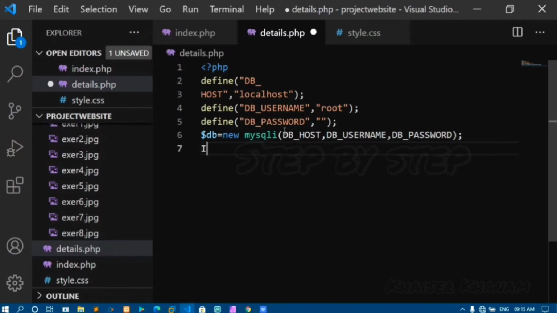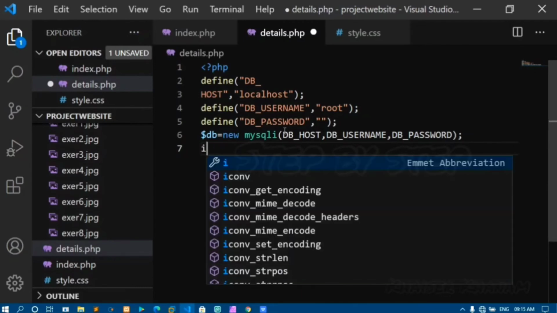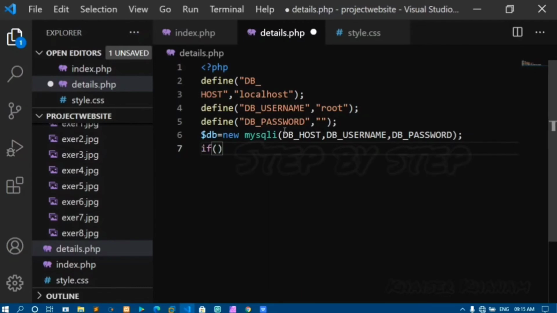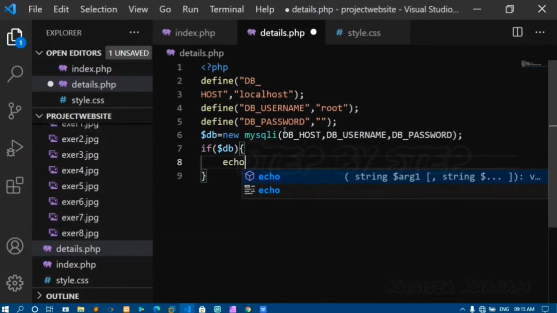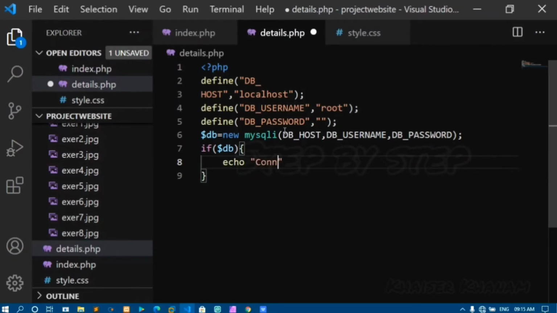Now I'll check the condition if my database, if it is connected securely, then show me it is connected. Okay, else show me it is not connected.